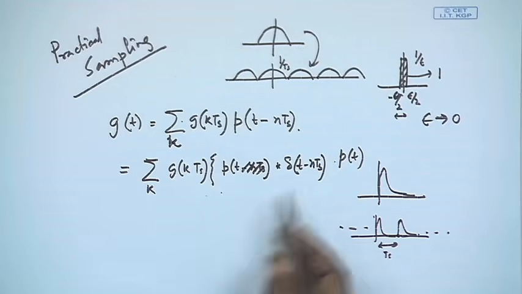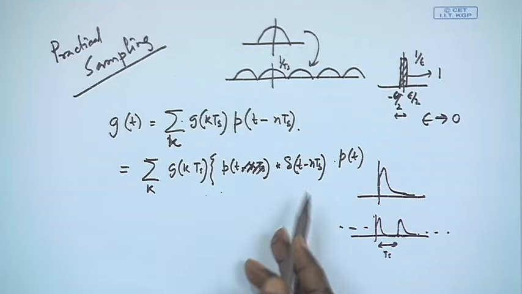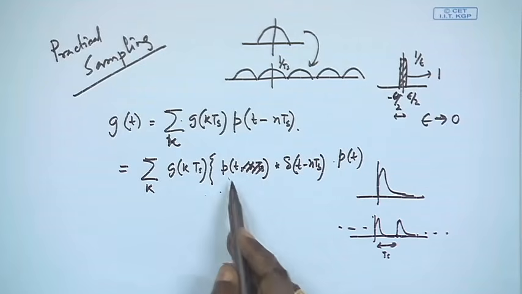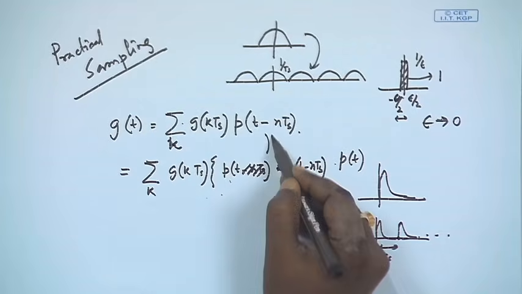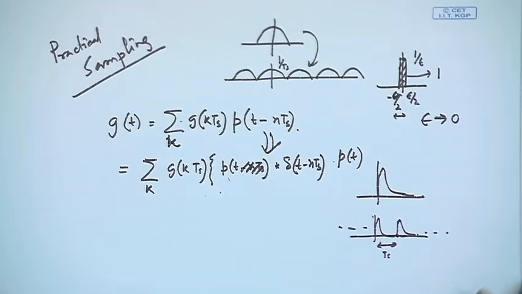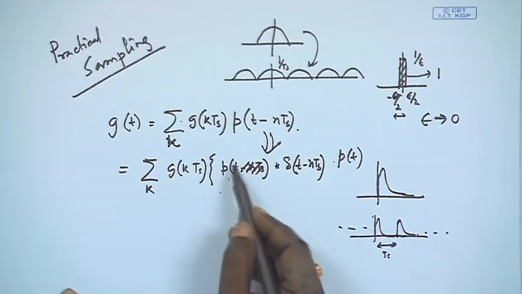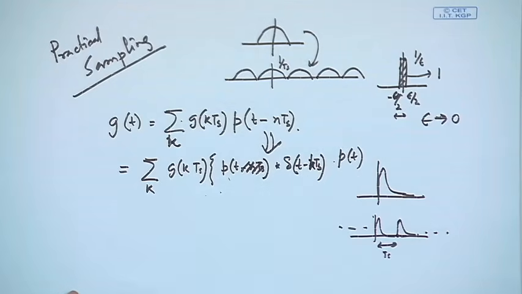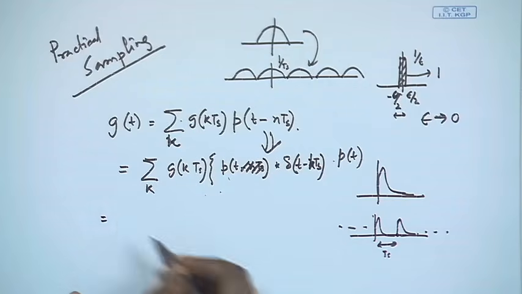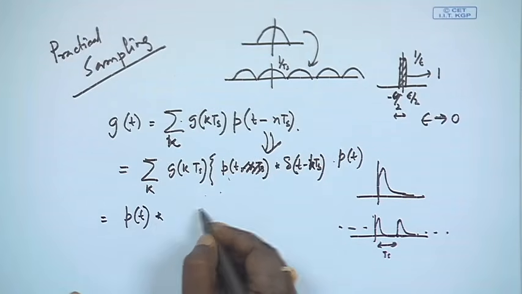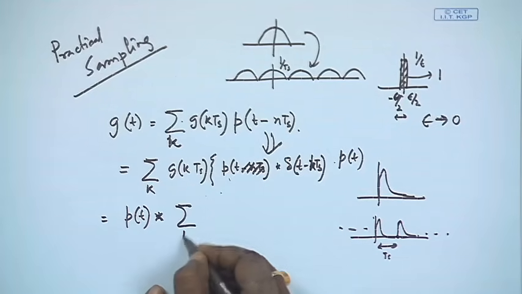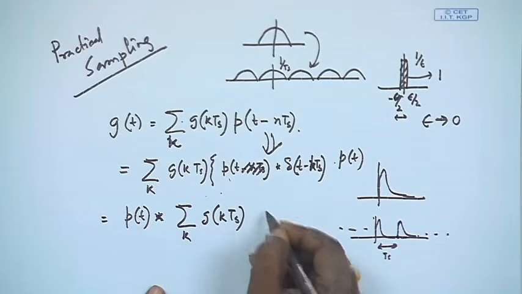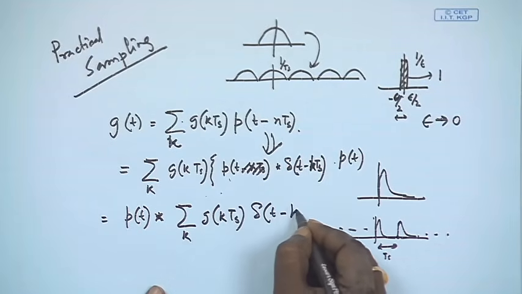Whenever we do this convolution, this will create a similar shaped pulse at t minus nTs. So, these two are equivalent representations, that is something we know from the theory of the delta function. Because p(t) has nothing to do with k, it can go out of the sum with the convolution. So, sum and convolution can be flipped. So, this happens to be the sum of g(kTs) into delta(t minus kTs), right,